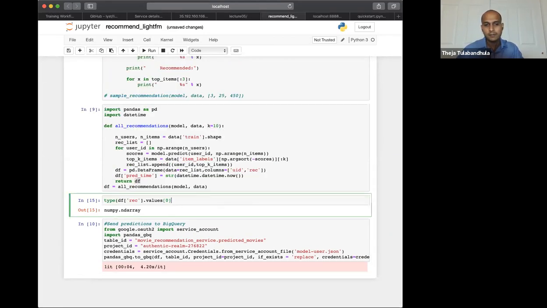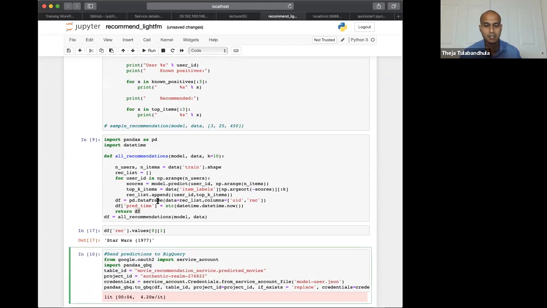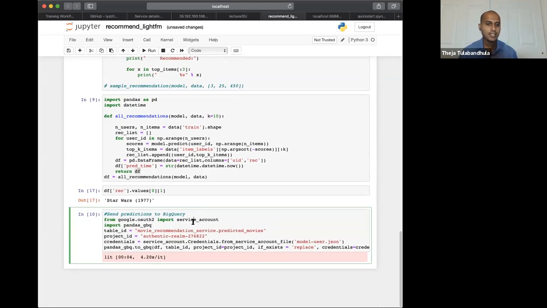Oh, okay, good. So it's an array. But what happens is when I dump this to BigQuery, then I think I lose that property of an array and it becomes a string. So this is one of the exercises I mentioned on the exercises page, to change this format to something more amenable. So next, let's look at